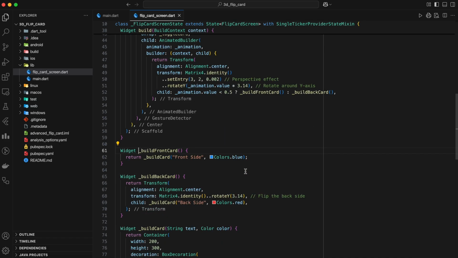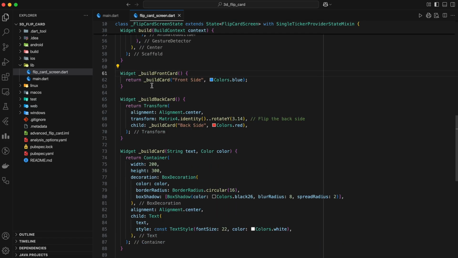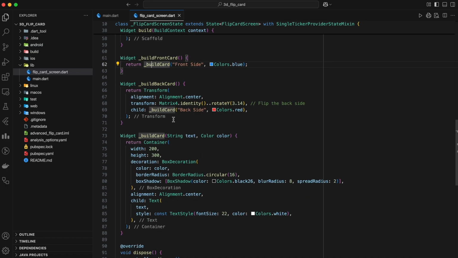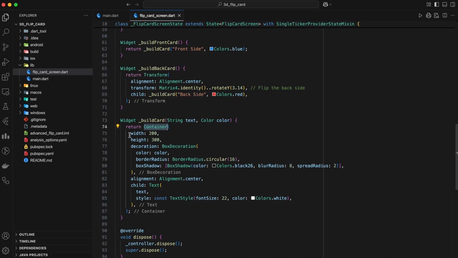The build front card and build back card functions are responsible for creating the visual appearance of the front and back of the card. They both return a container with styling and text. The crucial part is in build back card. Notice the transform widget. The transform property pre-flips the back card by 180 degrees. This is essential because without it, the back card would initially be facing the wrong way, and the flip animation